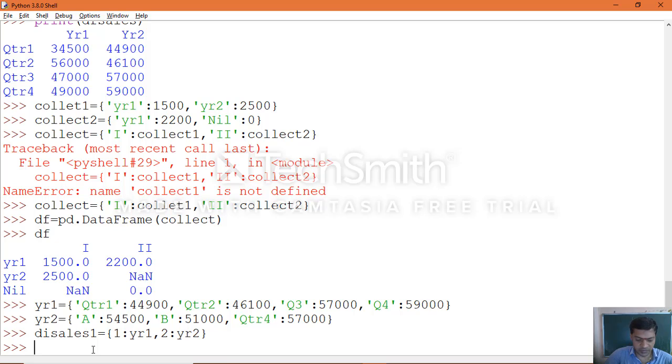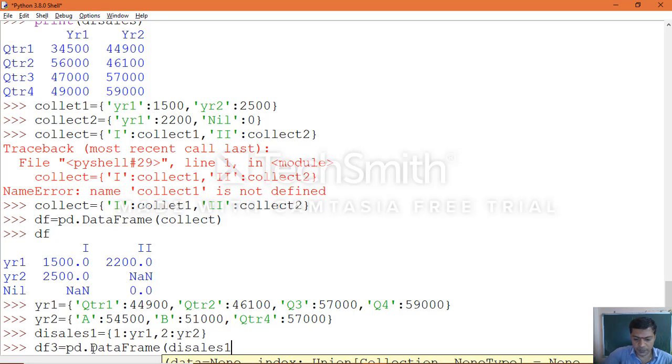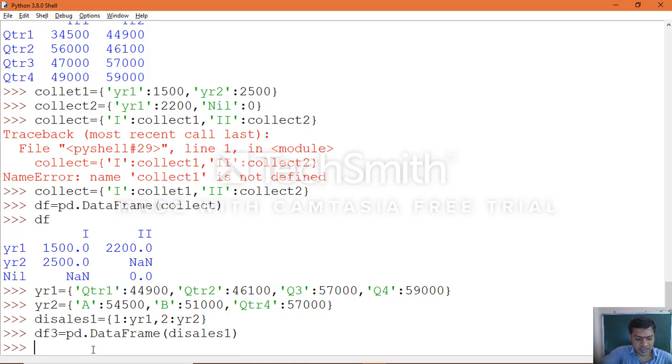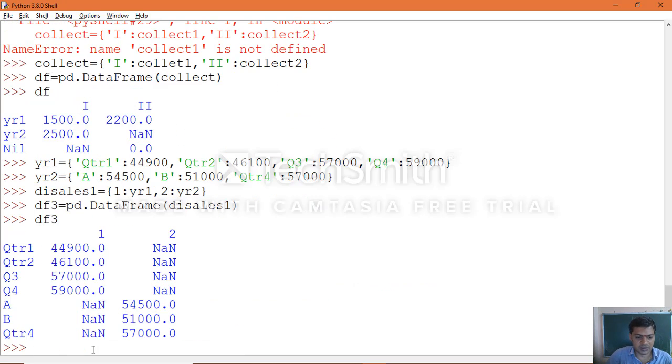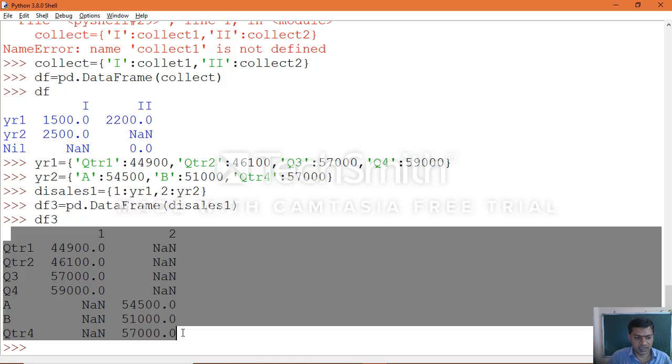Create the object for the data frame: df3 equals pd.DataFrame of dictionary sales1. Pass it, then execute the data frame object. You can see the output of that particular object clearly.